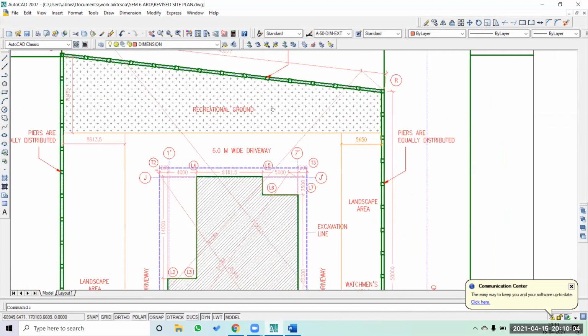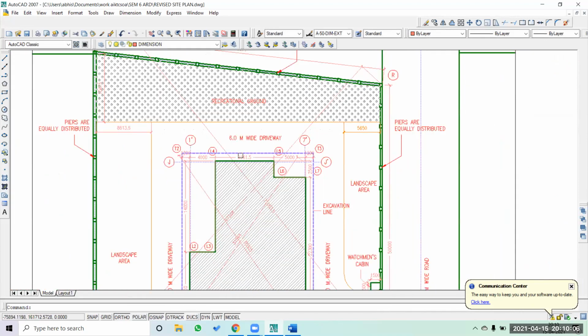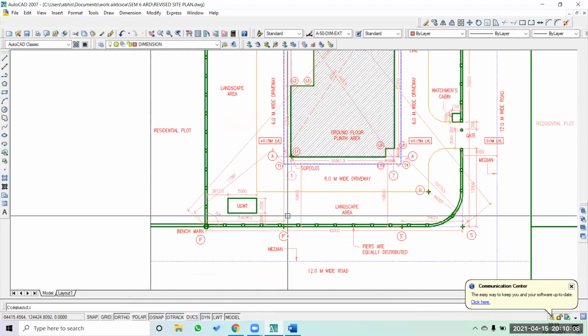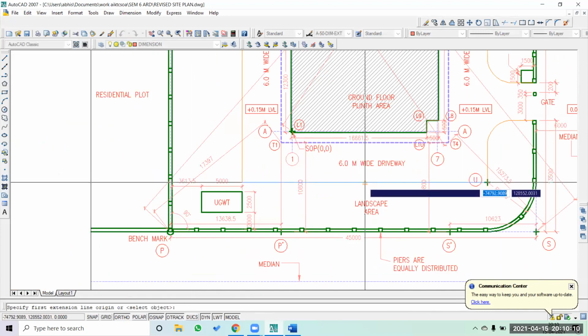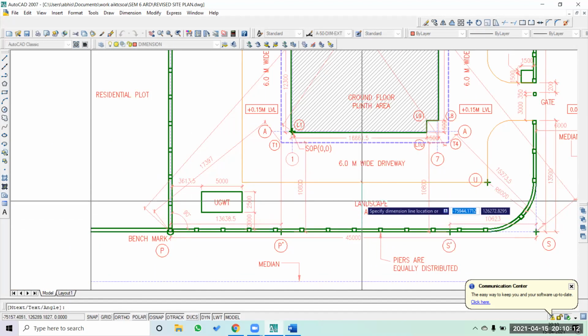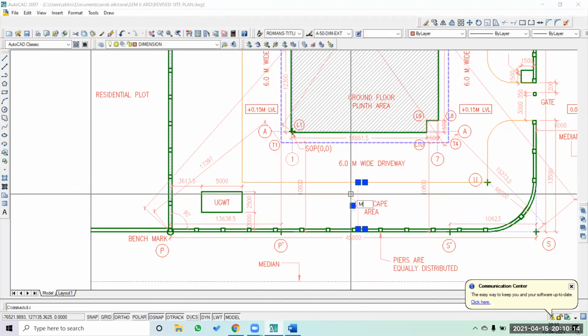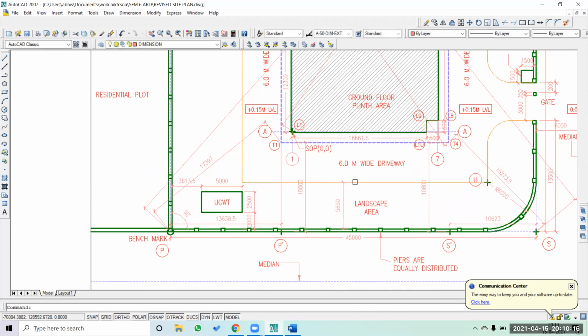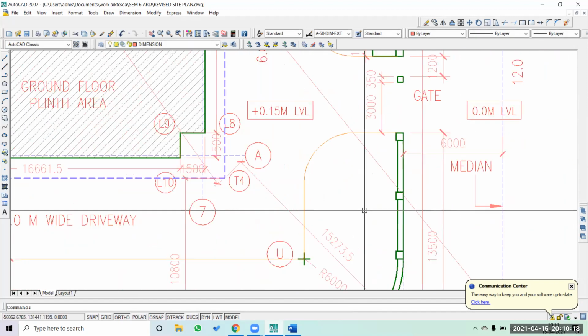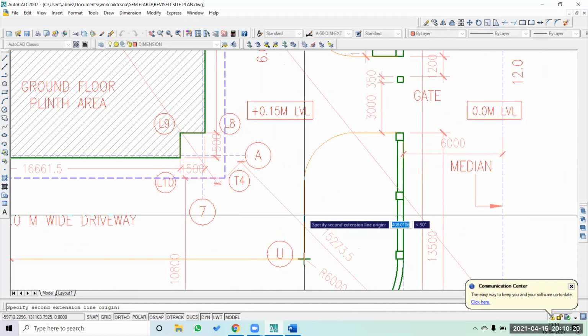That information is just giving how much width is provided for the landscape area. It's like creating patches of landscape here and there.